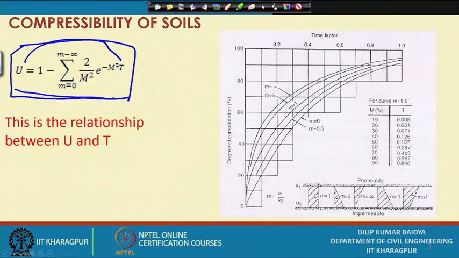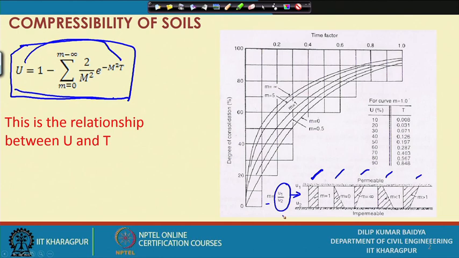We have shown different pore pressure distributions, this is 1, this is 1, this is 1, like that 4, 5 pore pressure distributions, and this is the one where we assumed a uniform pore pressure distribution. That means, for the top of the layer and the bottom of the layer, if I consider u 1 here and u 2 here, m is the ratio of the pore pressure at the top divided by the pore pressure at the bottom, u 1 by u 2, and that is taken as 1 for this expression.